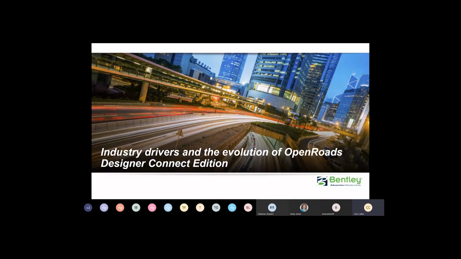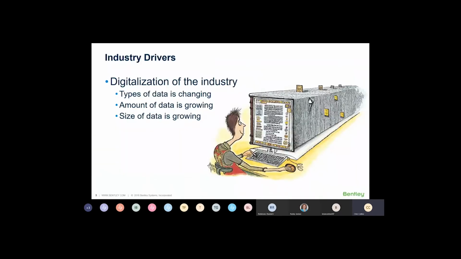So to begin with, moving to OpenRoads Designer, a couple things here, discussing the industry drivers and the evolution of OpenRoads Designer Connect Edition. I'm sure all of you have heard about this by now. We'll just go through a few things and how OpenRoads Designer came to be and where we're going in the future. So the industry drivers, of course, is the digitalization of the transportation industry and design, construction, maintenance, everything that's